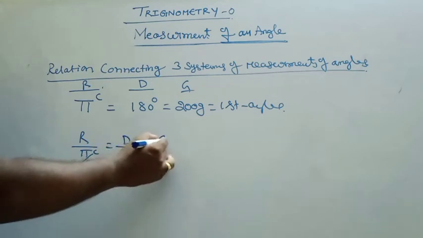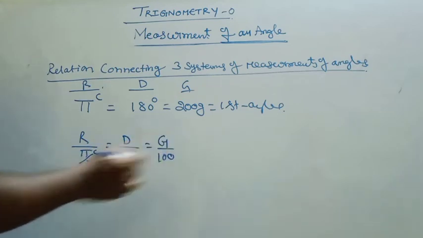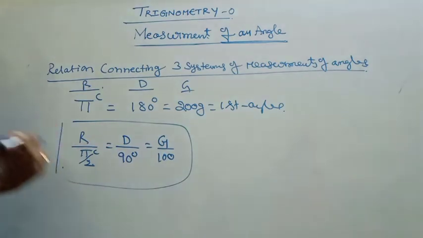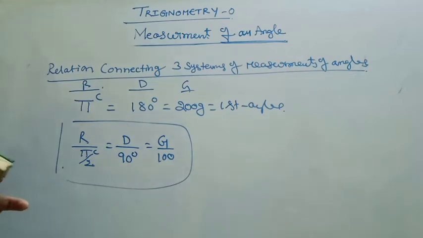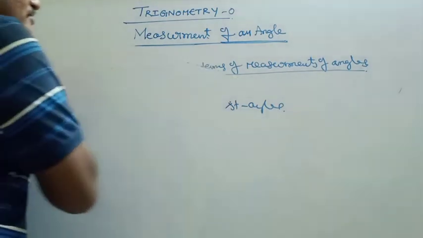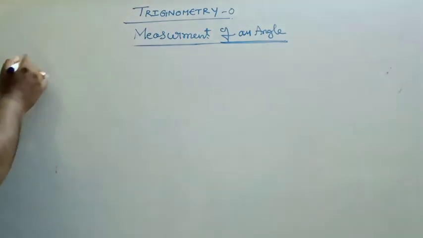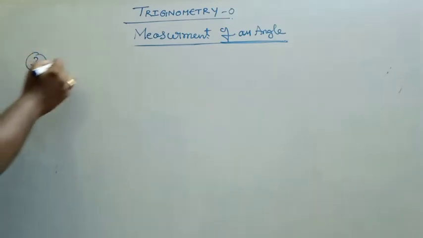That is equal to 100 grades. This is the relation which is connecting the three measurements of the angles. Fine. Now let us do certain problems based on this. For example, we take a certain problem, convert,